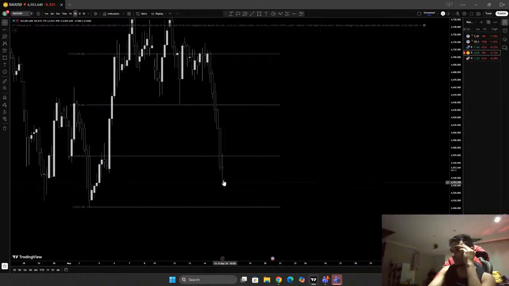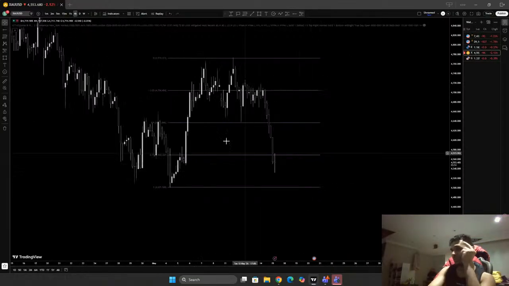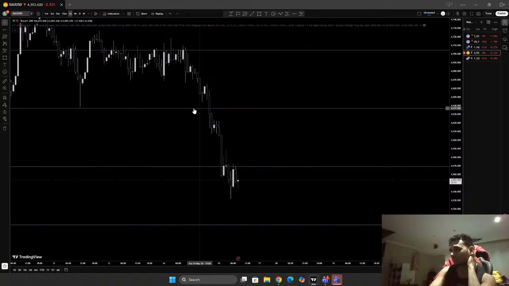So probably we expect the next candle to open and manipulate higher, just tap this level, and drop down to this low. After this, the major liquidity could be taken, so then we can expect some sort of bullish reaction. So that's two things we are expecting. Let's see how it's gonna work.